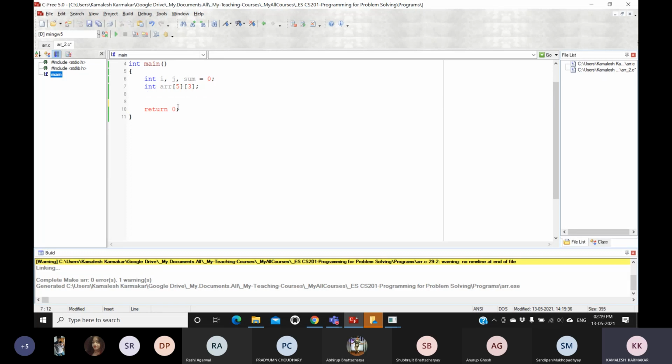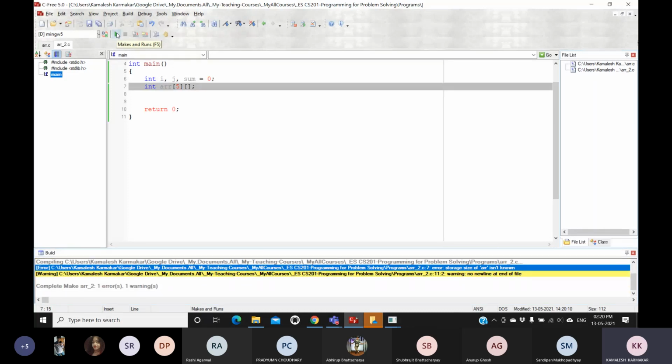We have used this syntax earlier. We have specified the number of rows and number of columns. Now if I write this and I want to compile it, this dimension, the number of columns, is not known, so it will not compile.